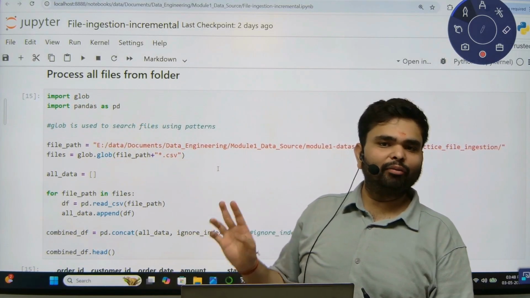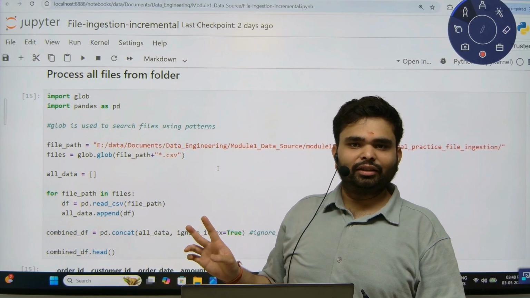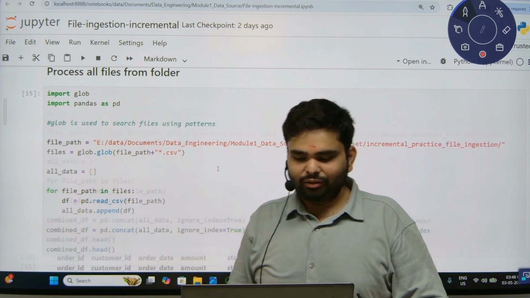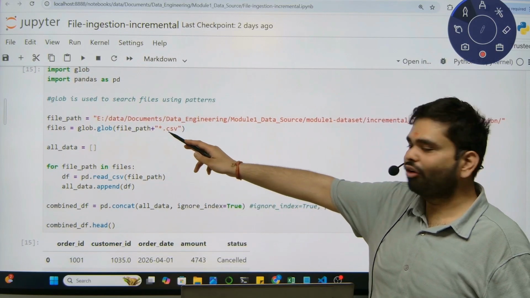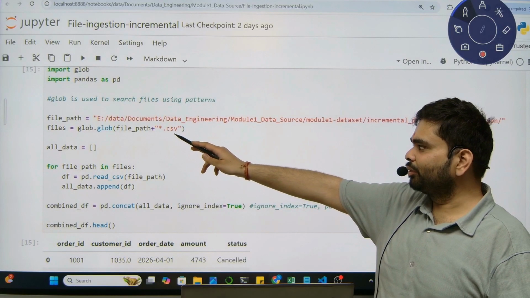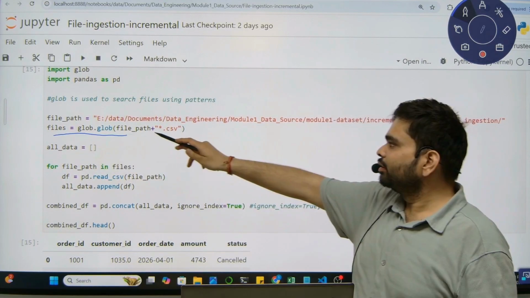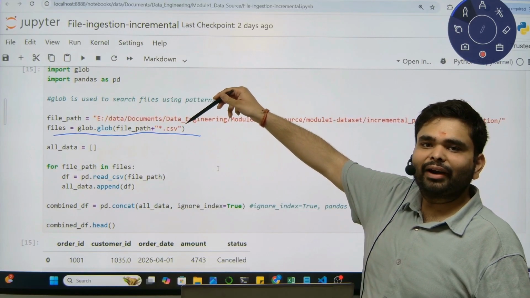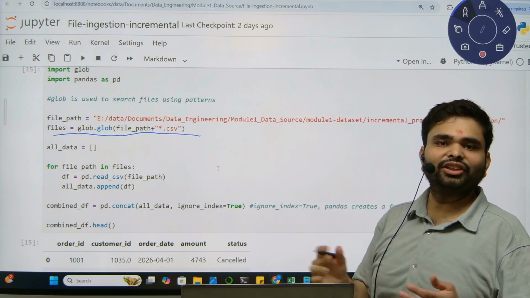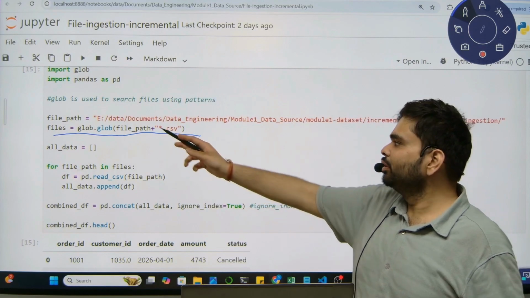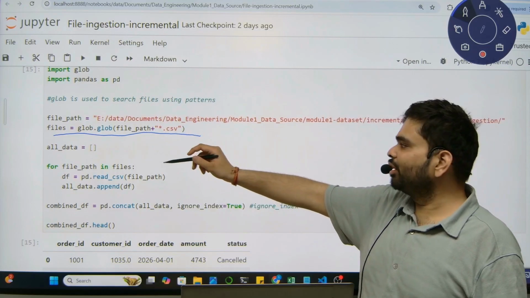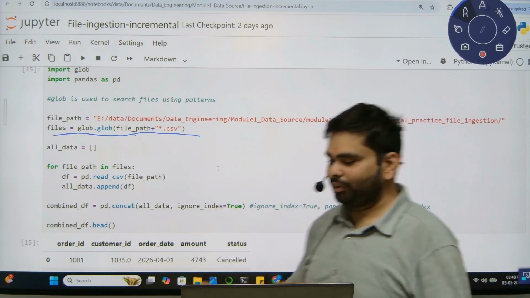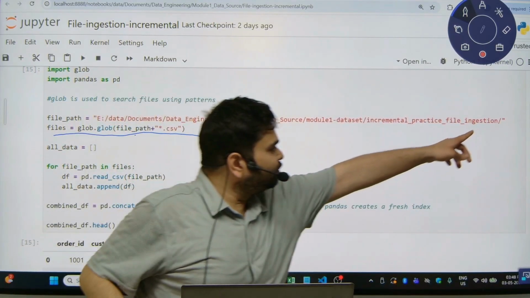Again, I am saying it is not the incremental type we are studying. In the first step, we will load all the files from the folder. To load the files, we have to check whether the format is CSV or not. So what we will do is use glob. Glob is used to find file patterns. For example, if you want to search for any file, it helps you using patterns. Here, this is the file path till the folder.